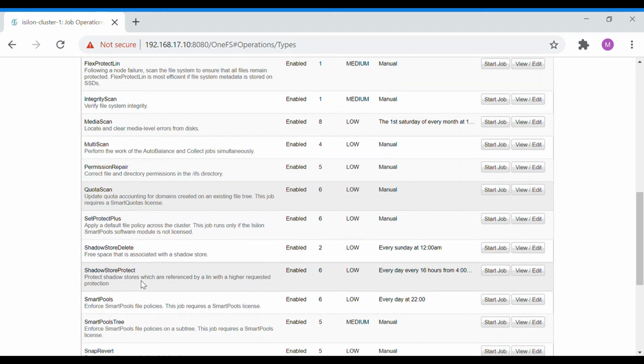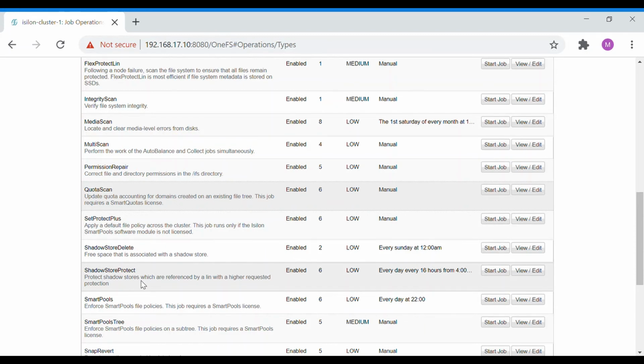Coming down, we have shadow store protect. Shadow store protect is a job that will protect the data which is saved on the shadow store with the highest requested protection. So this is kind of saving the shadow stores which are referenced by a LIN.